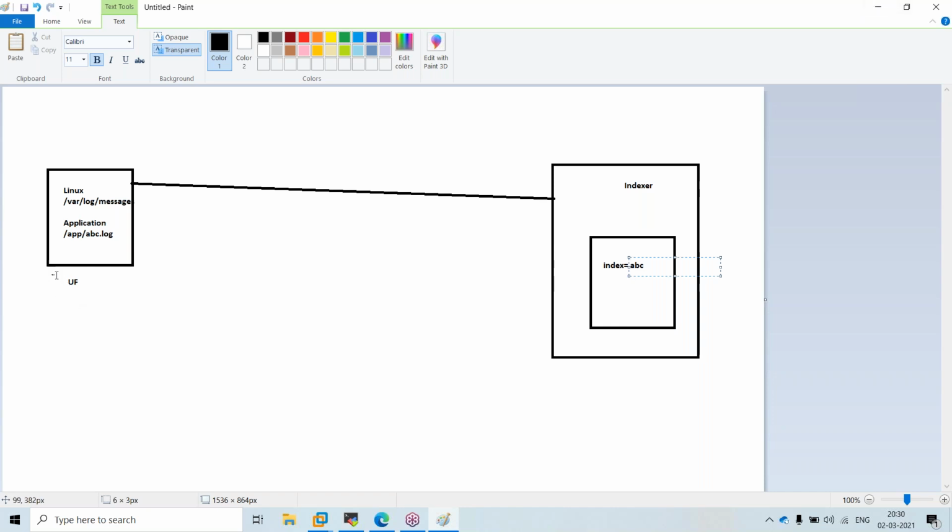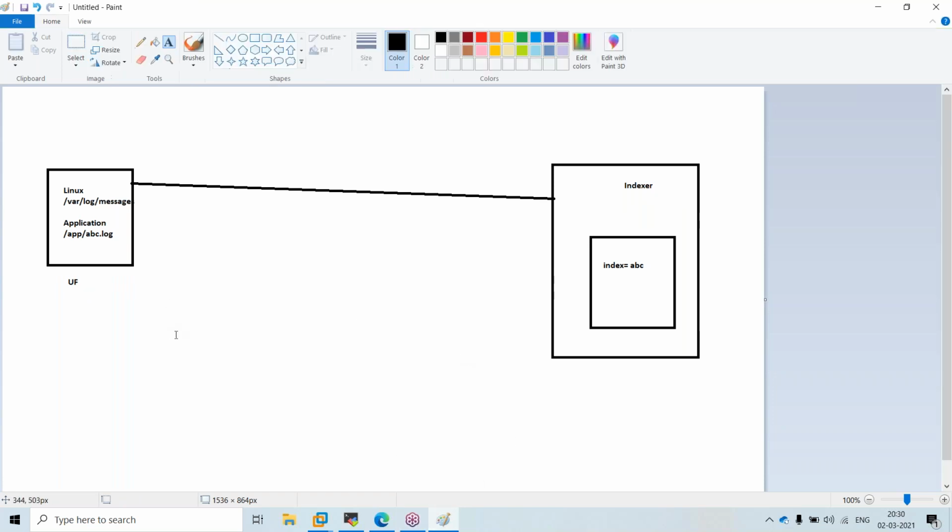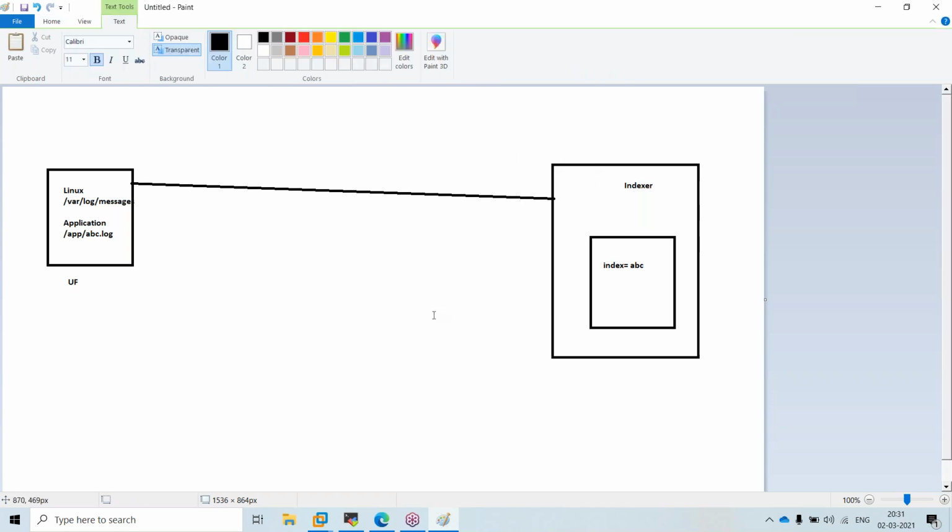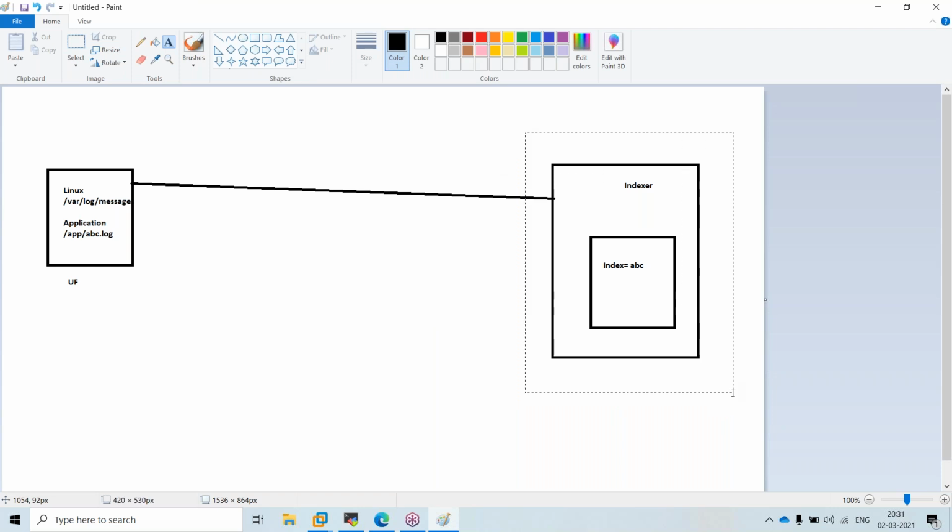It will have only two softwares: one is the Universal Forwarder, and one is the Enterprise Edition. Actually, Splunk has multiple components, like deployer, heavy forwarder, and license manager. I don't want to confuse you. We'll learn those when we go for the admin classes. For now it will be only one universal forwarder and one indexer. This is for a demo of showing the logs being sent here, but for our lab purposes, we will have some sample logs given by Splunk, and we will have labs on those.